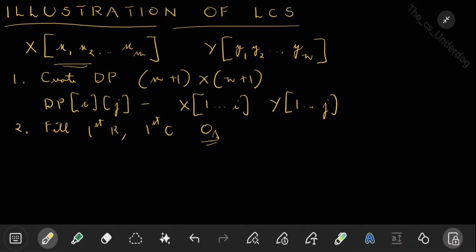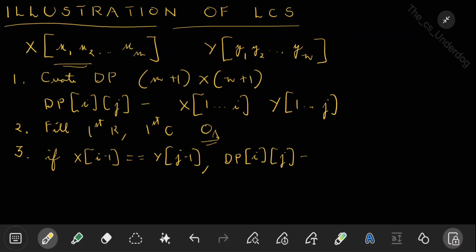Once you fill this with zeros, the next step is the most important step. What are you going to do? For each of the entries in this matrix, you want to fill it. How are you going to fill it? If for that particular block, x of i minus 1 is equal to y of j minus 1, if both the characters are matching, in that case, what will you do? You will say DP of i,j, which is the entry to be filled,